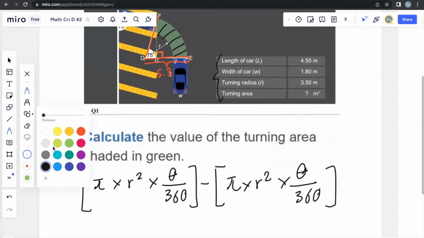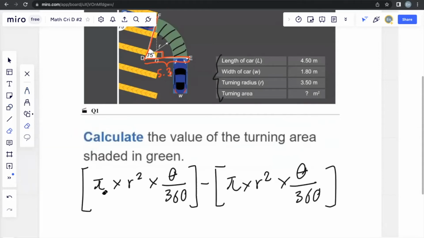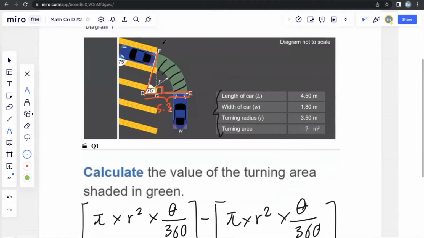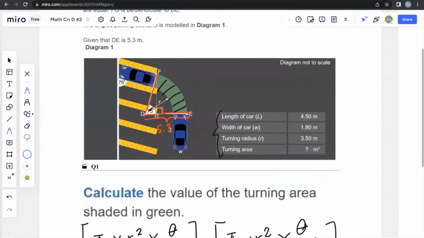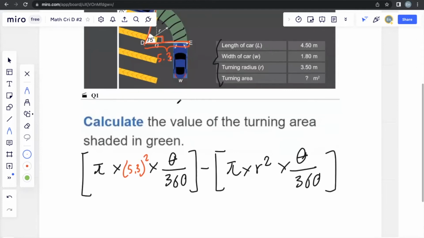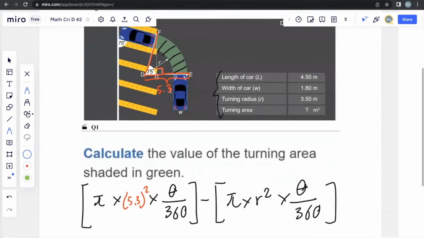And to identify what the radius is, you see pi is the same. For the larger sector, the radius is pretty much given to us, D to E, so we know it's 5.3. So we know the radius for the larger sector. As for the smaller sector,